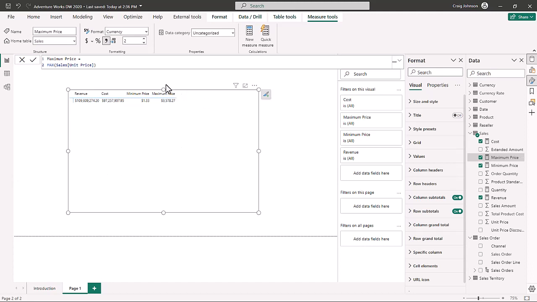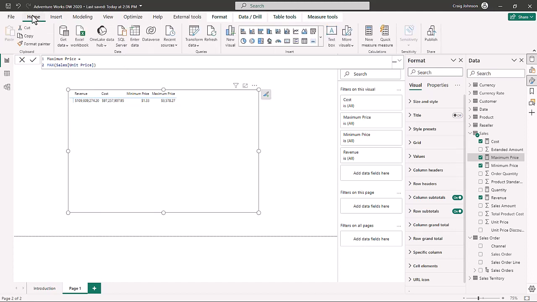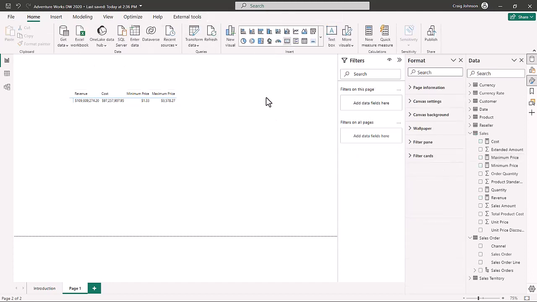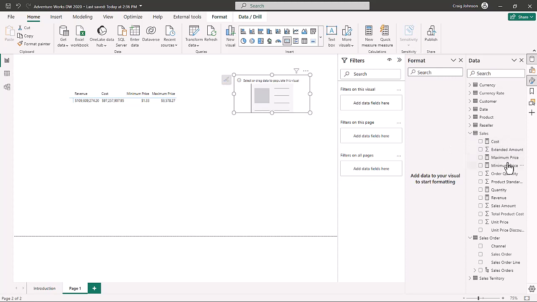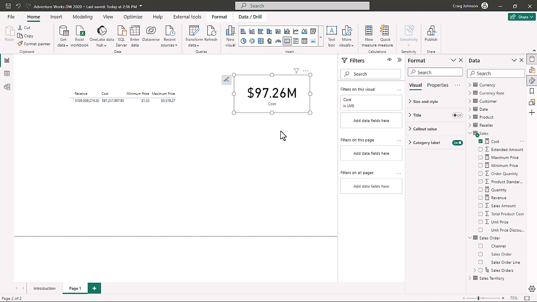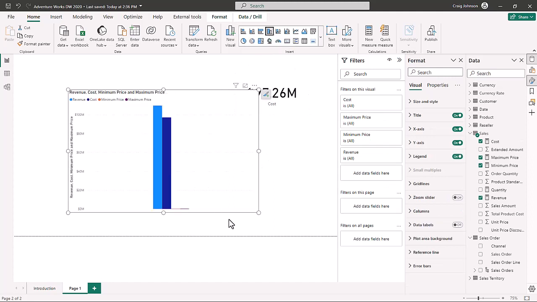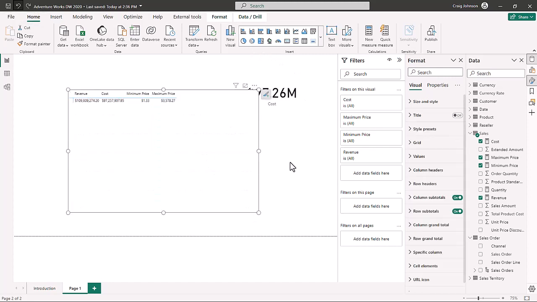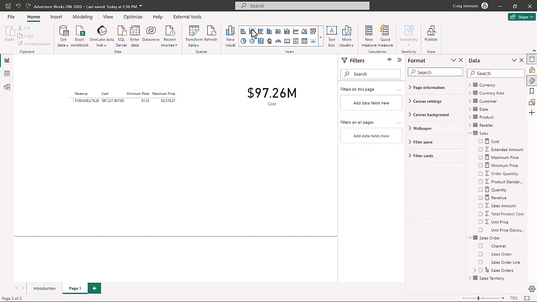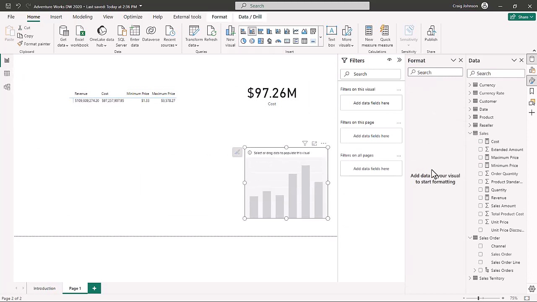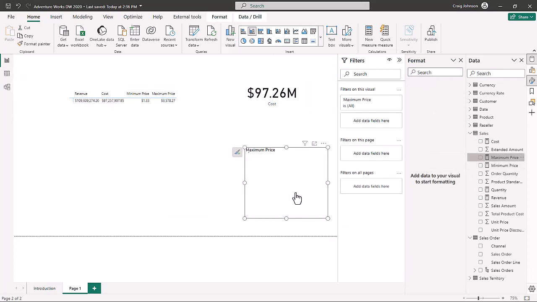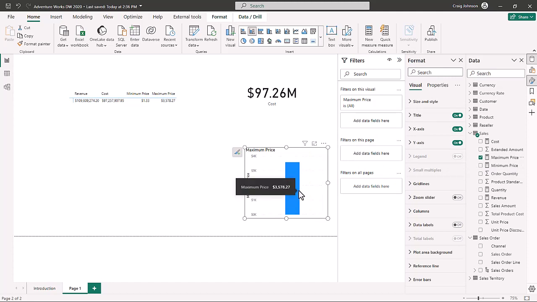So if we want to go to our data visualizations, if we create a card, I can bring in the cost, and that same number is now inside another visual. If I want to bring in a bar chart, or we can convert this to a bar chart, we'll undo that. If I bring in a bar chart, you can still bring in a maximum price. And now we have the maximum price is